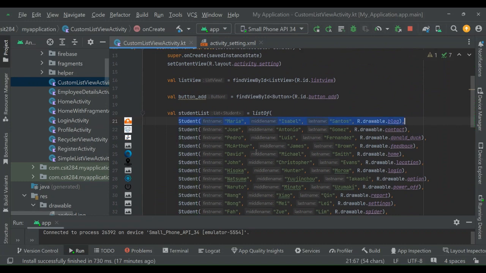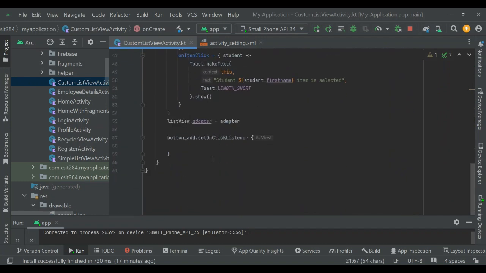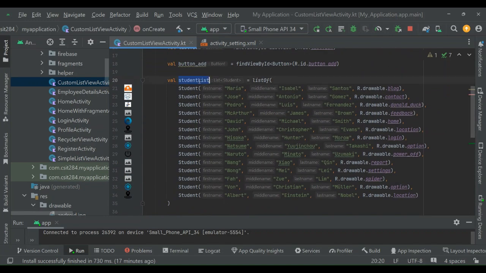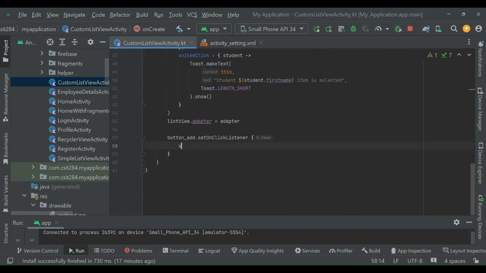For example, this is our student list, add.